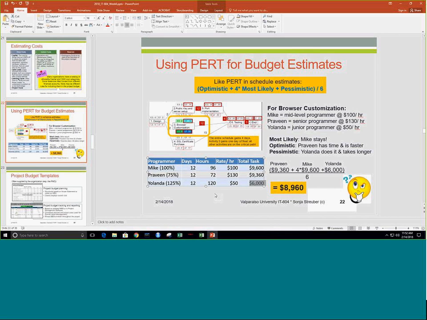Well, here comes our PERT formula, and here you're seeing how a PERT formula is math that may or may not be appropriate to use, right? Let's say that our optimistic part would be Praveen doing this. We still know there is a 75% likelihood that most likely Mike's going to stay. So take those $9,600 times 4, and pessimistic, we really